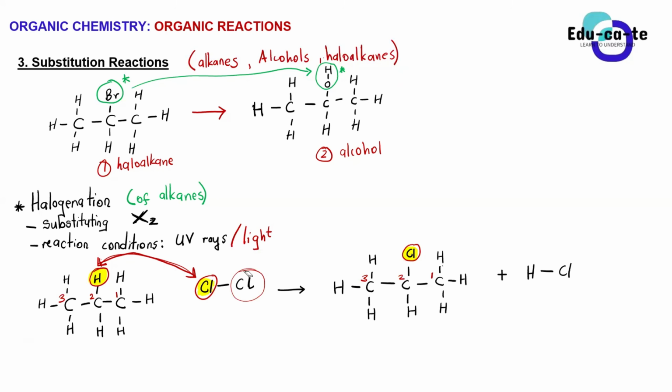Yes, Shadrach? On the first reactants, is there a positive, or are they just like that? Oh yes, propane and Cl2, there is a plus there. There is a plus, but it's not really an addition reaction. So basically, this is known as halogenation. It means that you are substituting.